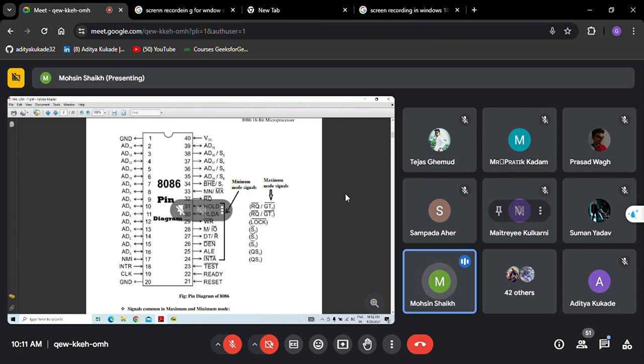GND is a ground pin. That is pin number 20 and pin number 1. It is a ground pin, which means you are using it as an earthing pin. That is the ground pin: pin number 1 and pin number 20. And the second is a